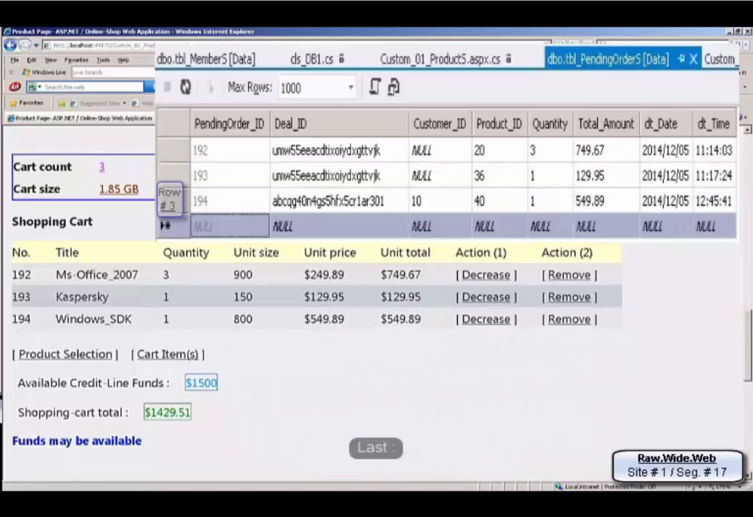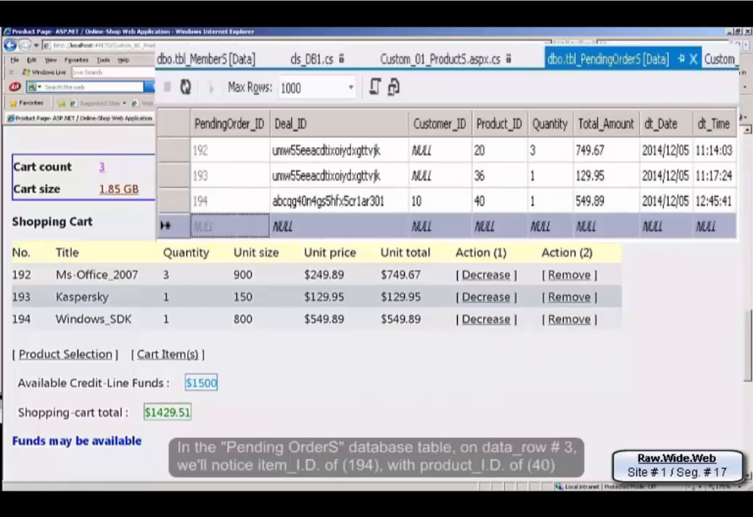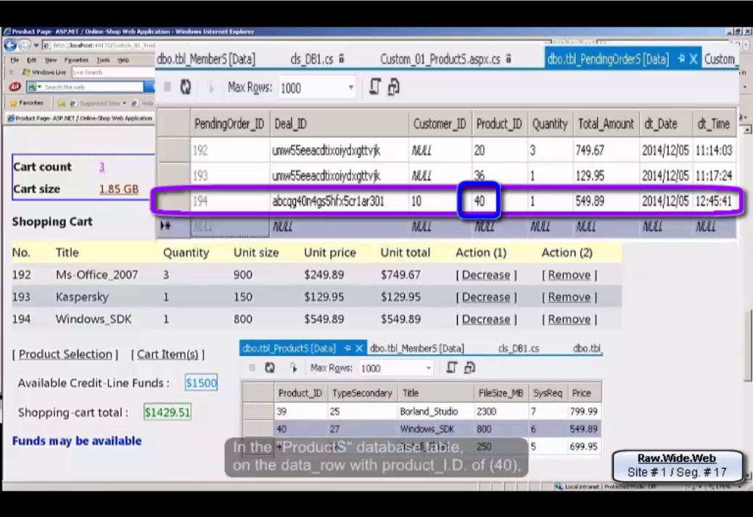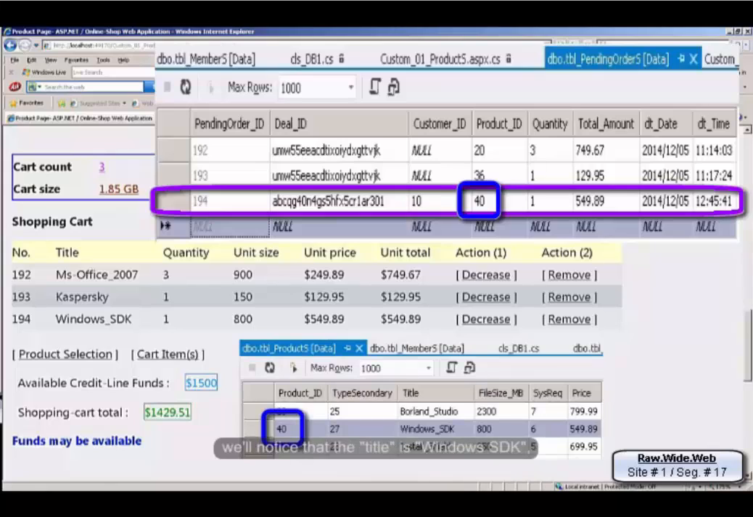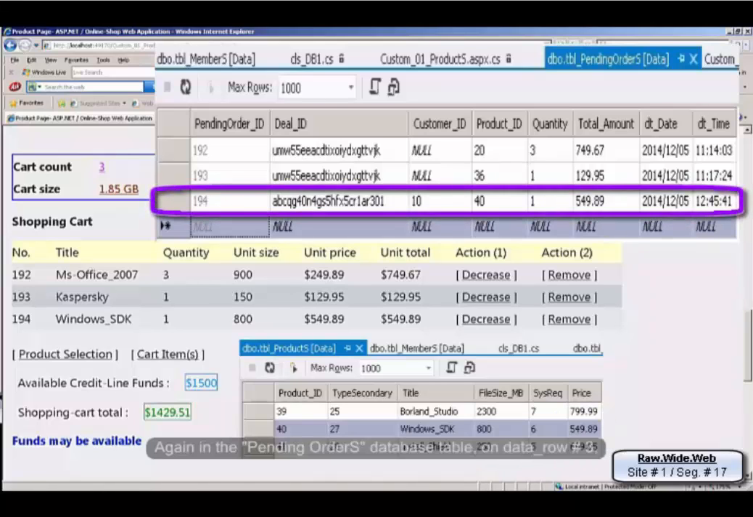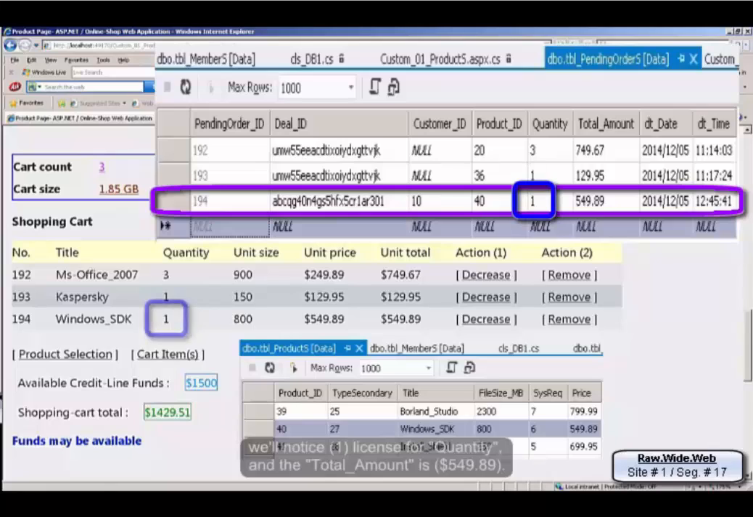$129.95. Last, in the pending orders database table, on data row number 3, we'll notice item ID of 194, with product ID of 40. In the products database table, on the data row with product ID of 40, we'll notice that the title is Windows SDK, the unit size is 800 megabyte, and that a single unit price is $549.89. Again, in the pending orders database table, on data row number 3, we'll notice 1 license for quantity, and the total amount is